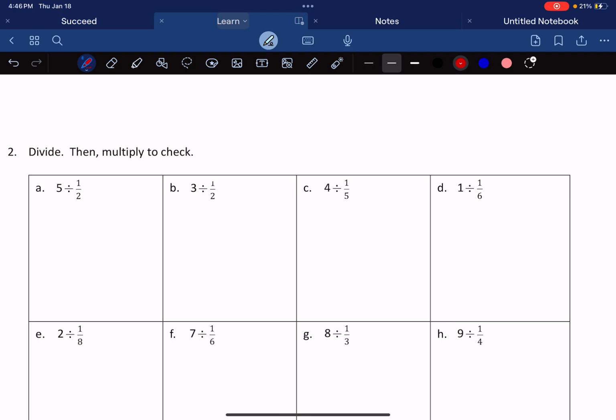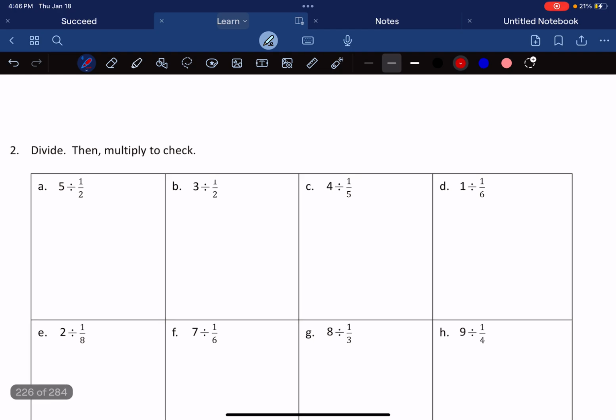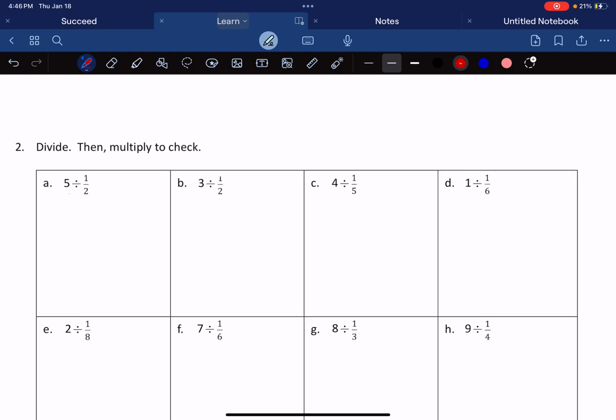On part 2, it just says divide, then multiply to check. They're doing it a little different here with Eureka, and I'm going to show it that way, but there's also another method that we're able to use, and I'm also going to show it that way. I'm going to prefer the second model, and I believe Miss Moffat does too, but we are going to show both models. So on part A, we have 5 divided by